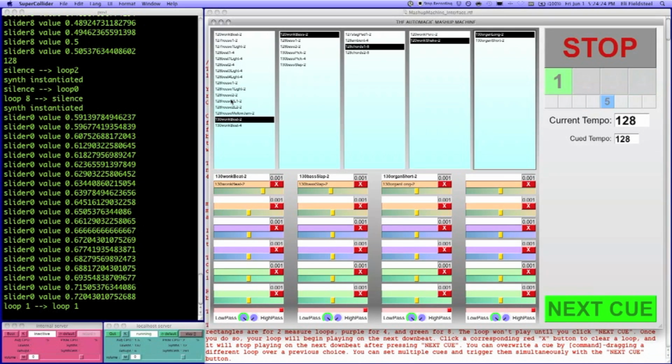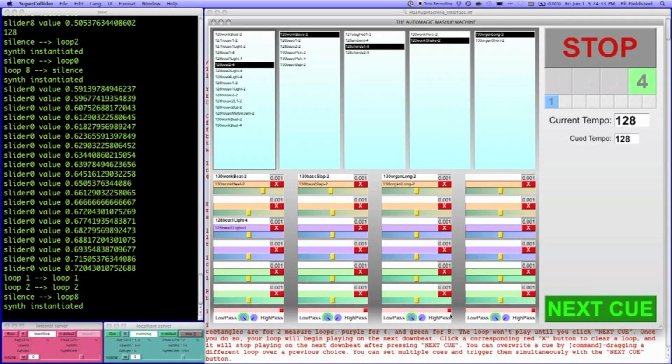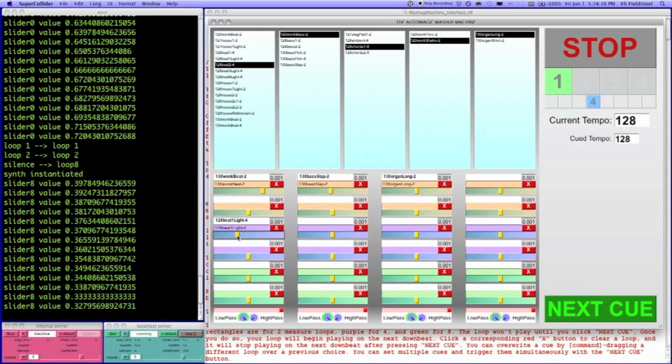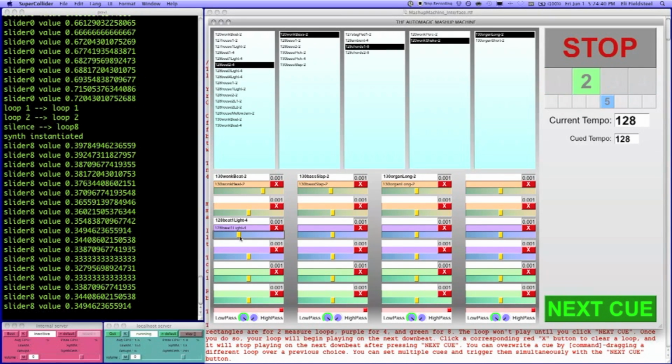Different organ lick, and let's just add another beat. This is a 4-measure beat, so we got 2 in the first column now. Okay,